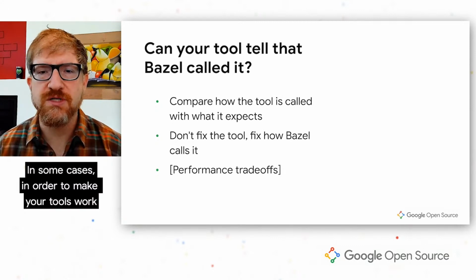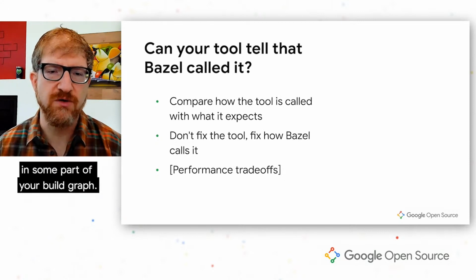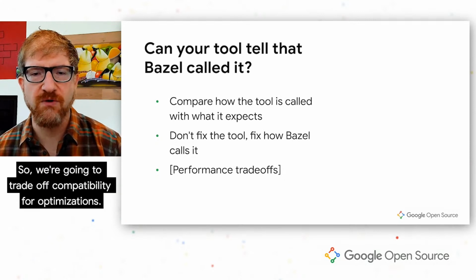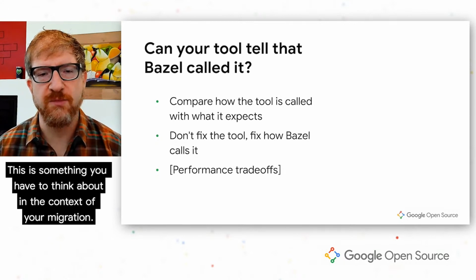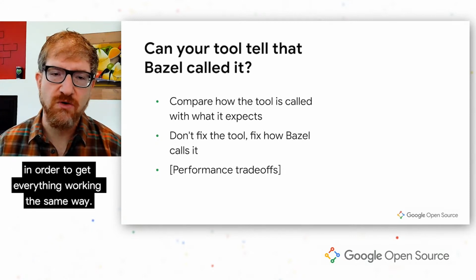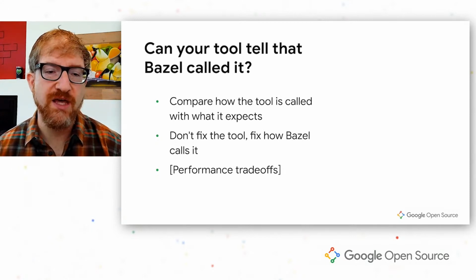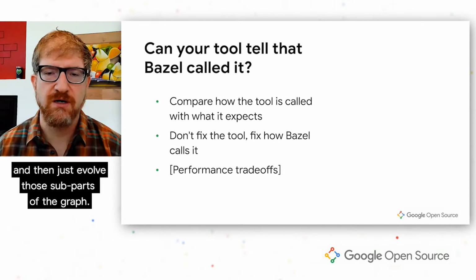In some cases, in order to make your tools work, you're going to give up some of Bazel's goodness in some part of your build graph. So we're going to trade off compatibility for optimizations. This is something you have to think about in the context of your migration. It might make sense to have these sort of de-optimizations at the beginning in order to get everything working the same way. And then you can find the slowest parts of your build and then just evolve those